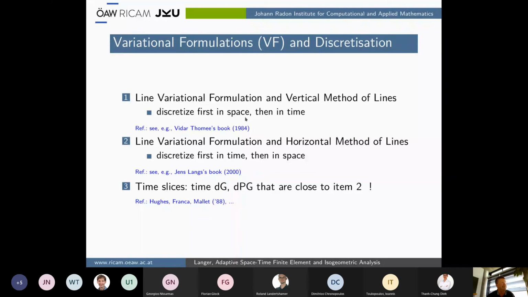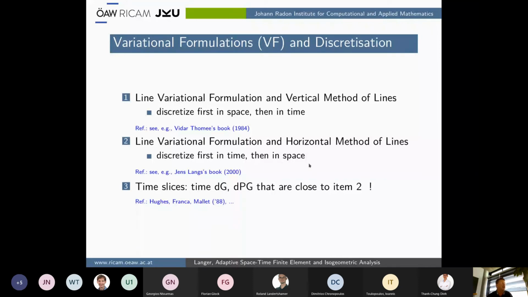Then you end up with a big system of ODEs, and this is then solved by implicit Euler or explicit Euler or by Runge-Kutta method. You can do it vice versa. First discretize in time, say by implicit Euler. Then you have a sequence of elliptic problems, and then these elliptic problems are solved, say, by the finite element